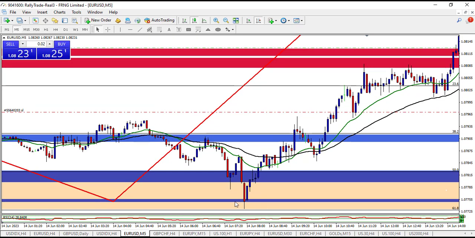So it is inside here. I will now look for the buy opportunity. Now, what is the buy opportunity? Inside here, I will now look for... Remember, the price was going down. So inside here, I will now look for what we call a change of character, the same shift, a smaller one for a smaller time frame.